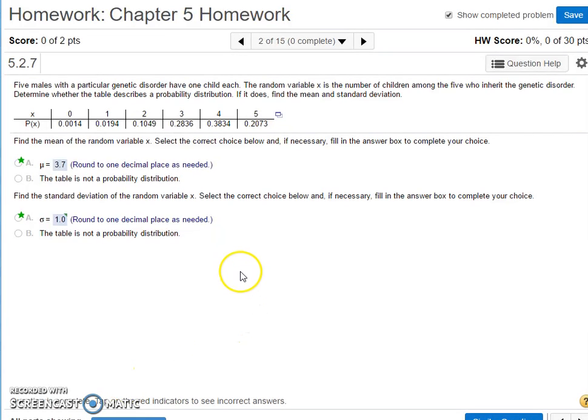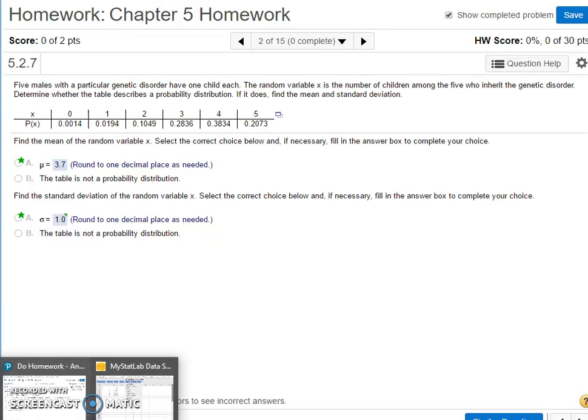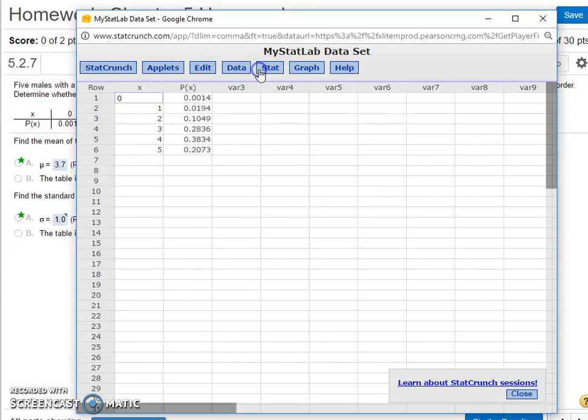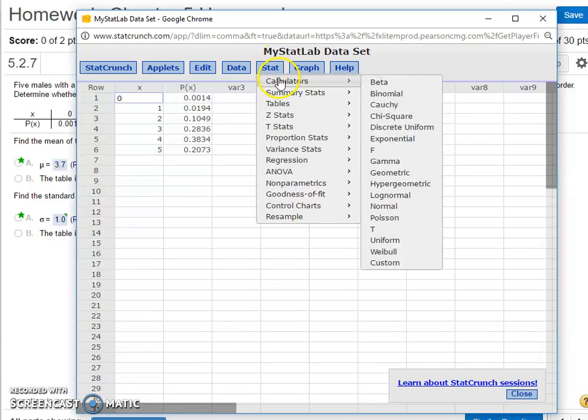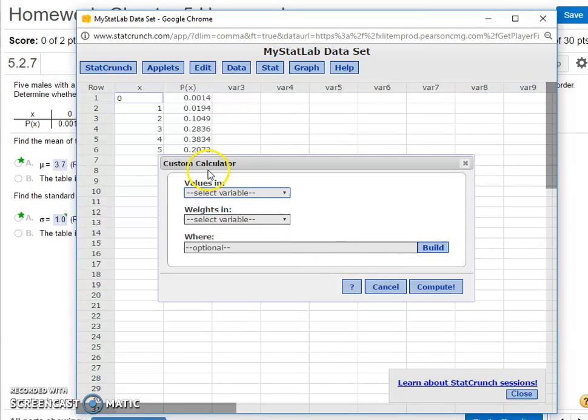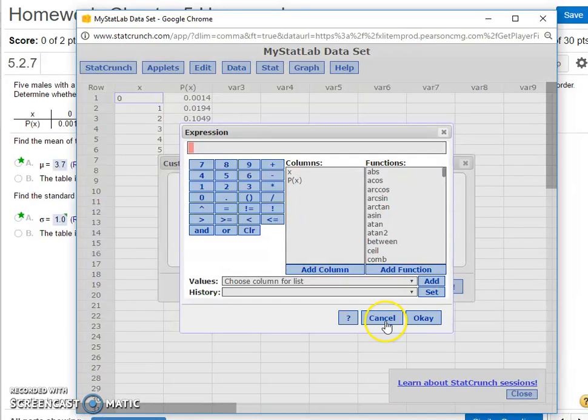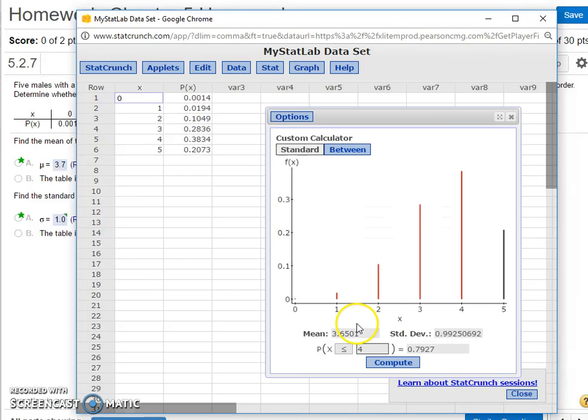So instead of doing all of those calculations, one thing that you can do is use StatsCh5. I did embed a video into the announcement that will show you step by step how to go into StatsCh5 and use it. So you're going to open StatsCh5, and then you're going to go into Stat, and then into Calculators and Custom. The values are in X, the weights are in P of X, and this other part we don't need anything. So we're going to compute, and we're going to see the mean is